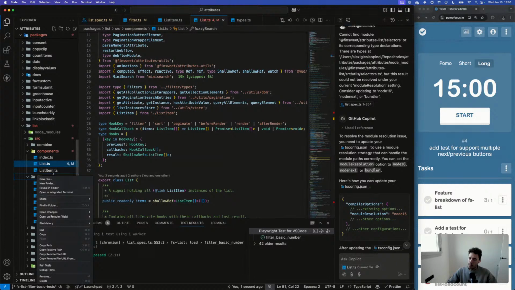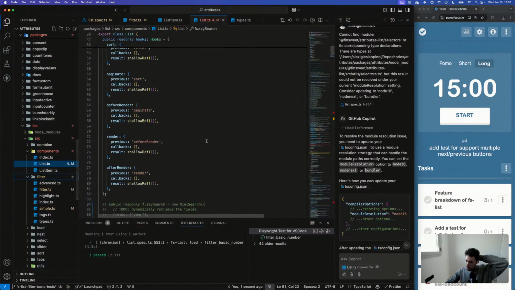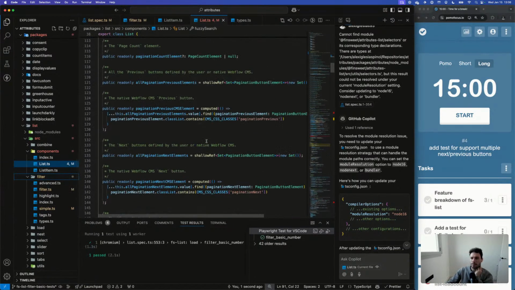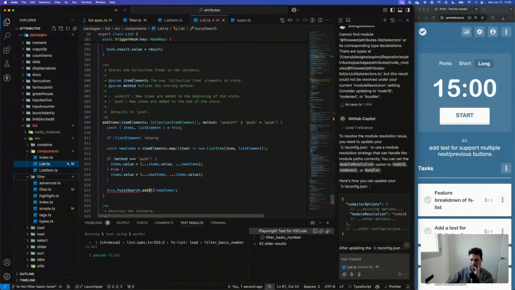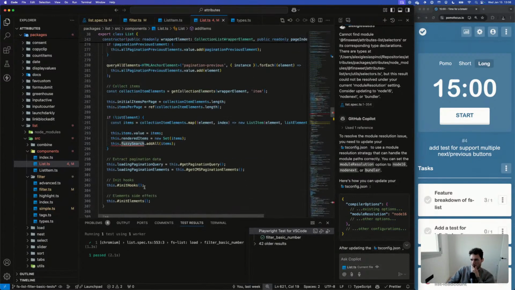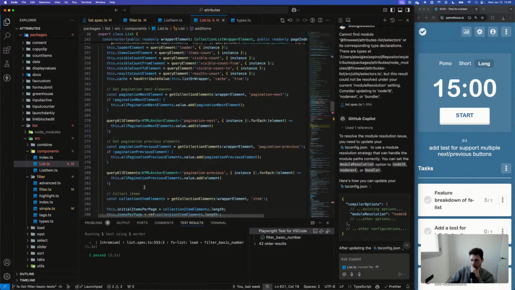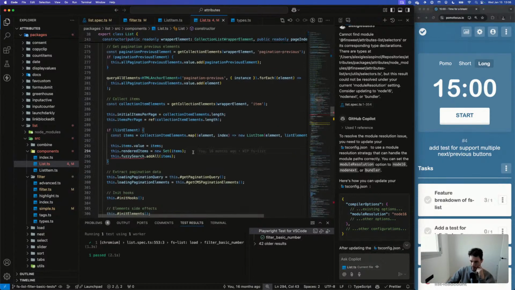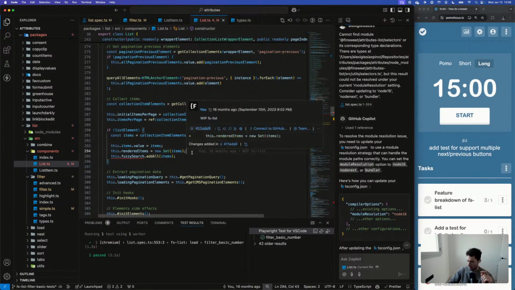Because maybe I could dynamically construct fuzzy search. But as well, here when we are adding items, we need to add those items as well. I need to know the properties beforehand, but I only know the properties when I've loaded the items. But there might be items initially, there might not be items initially as well.